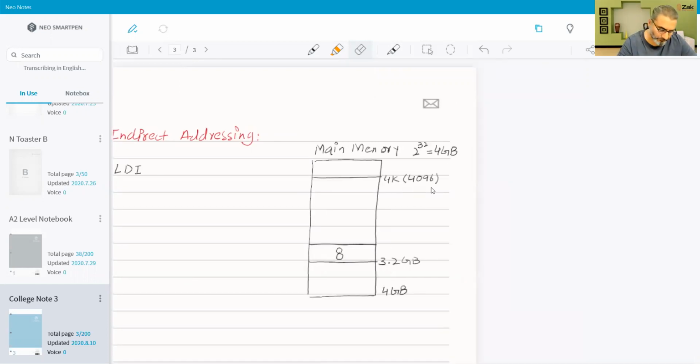4K एड्रेस हमें एक्सेस करना है ये, और हम सिर्फ एक्सेस कर सकते हैं यहाँ तक, 4K तक। तो बेसिकली क्या होता है कि हमारे पास जो 4K एड्रेसेस हैं, हम उसमें से किसी एक एड्रेस में एक्चुअल एड्रेस का एड्रेस सेव कर देते हैं। फॉर एग्जांपल ये हमारे पास 4K एड्रेसेस हैं। ओके, 4K एड्रेसेस हैं, हम इनको डायरेक्ट एक्सेस कर सकते हैं, लेकिन हम इस 3.2 GB के एड्रेस को एक्सेस